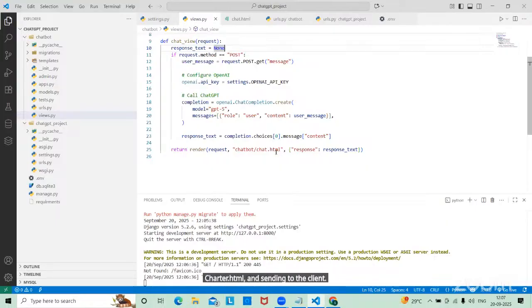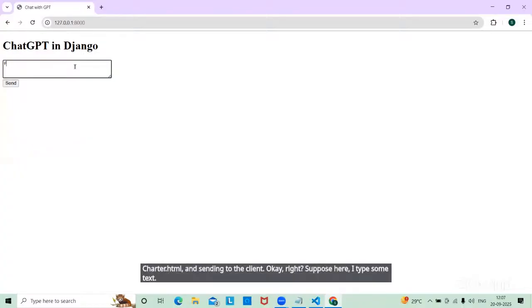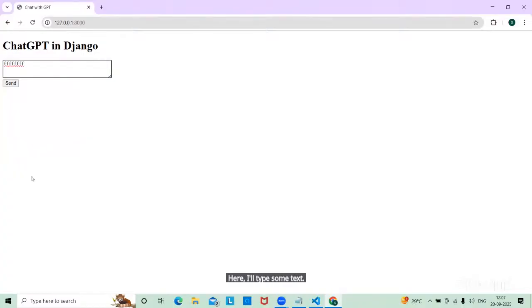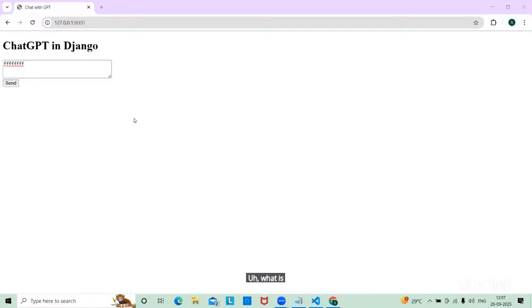Suppose here I type some text, and after typing the text, I'll click on the button send. Once I click on the button send, what is the request method? Post. The request method is post. If the request method is post,